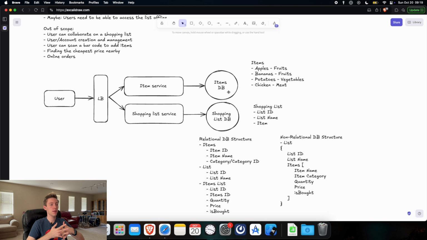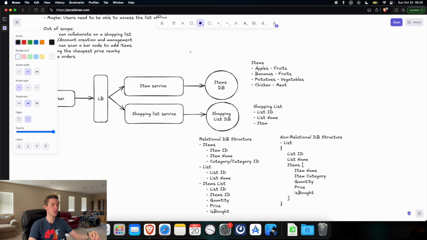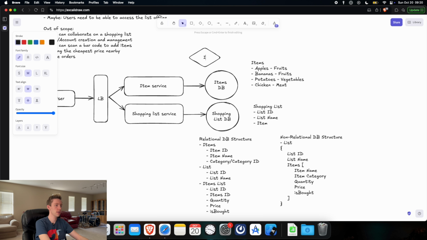But it's also possible that we have a very huge list. If we have millions of items in groceries, or expanded beyond groceries to include anything that a user can buy, then probably we'll want to put this into its own separate database, and then have something like a cache out here. We could say something like, let's say, items